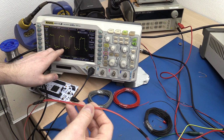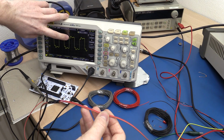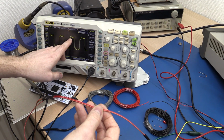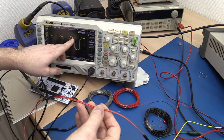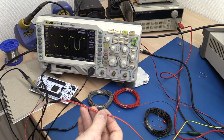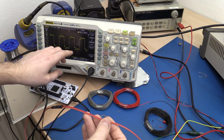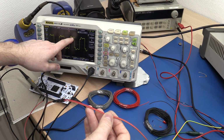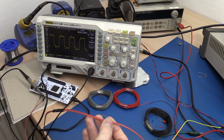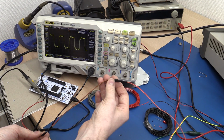So that is in fact what we see here, that the longer we make the cable, the longer time it takes for this kink here to appear. And this is in fact the reflected signal that's coming back that makes this kink in the waveform. And you can see that we have multiple reflections, and each one is a bit less than the first one, so it dissipates the energy. So let me just change this to a normal wire that doesn't have all these junctions here,